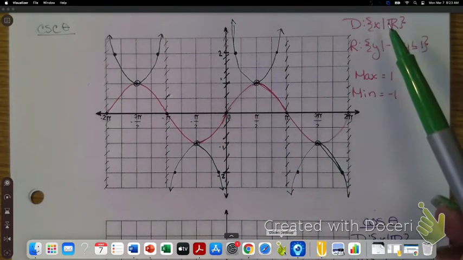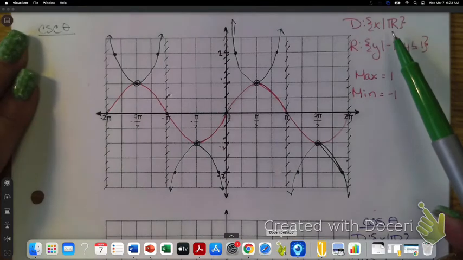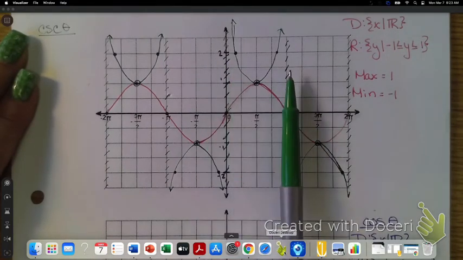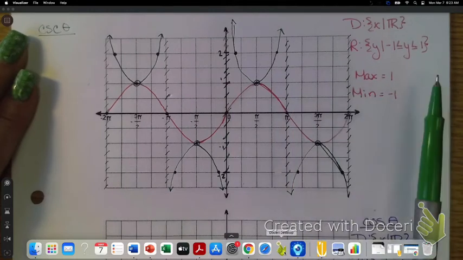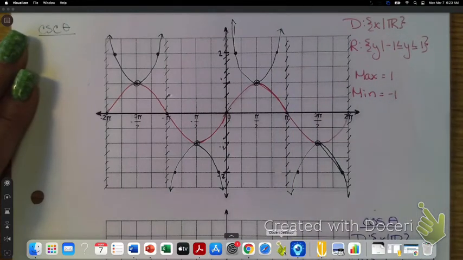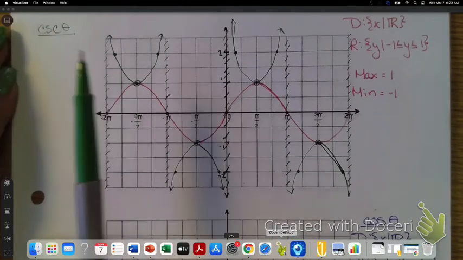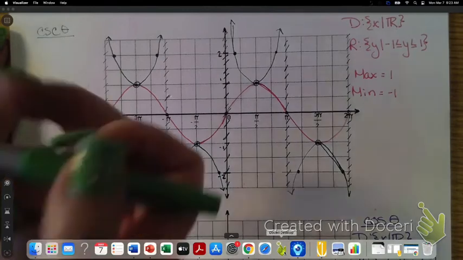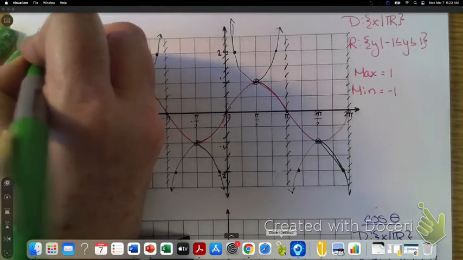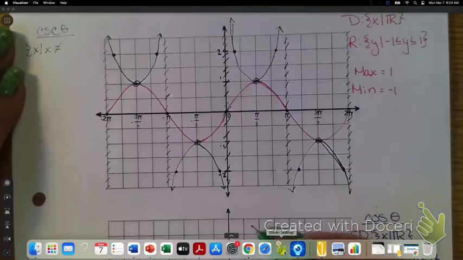The domain was all real numbers. Is the domain of cosecant all real numbers? No. We have an asymptote at 0, at pi, at 2 pi. What would be the next one? 3 pi, 4 pi, 5 pi, on and on, right? Yep. Negative pi, negative 2 pi, negative 3 pi. So my domain here would be x such that x is not equal to